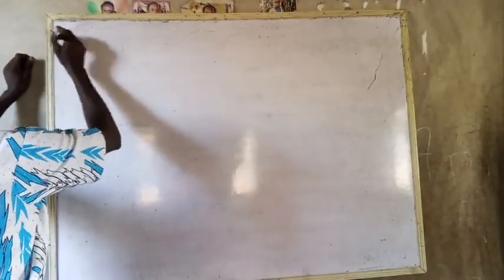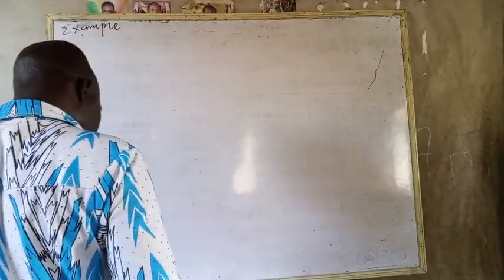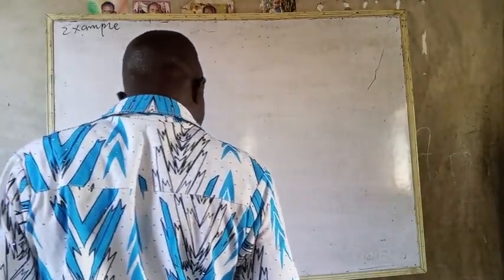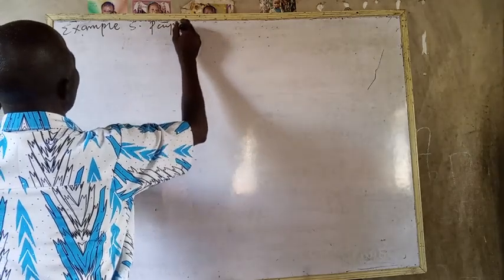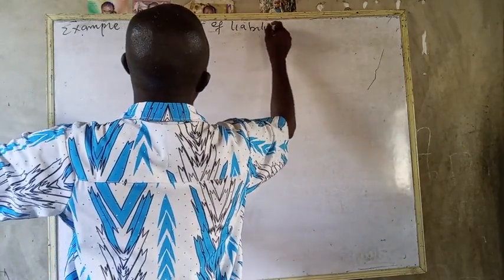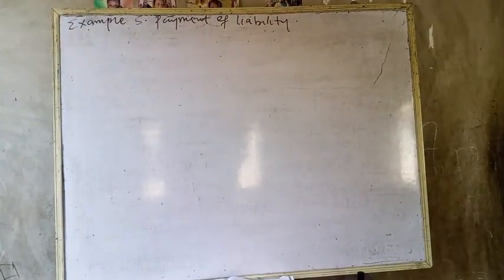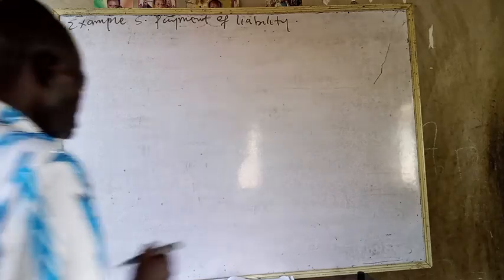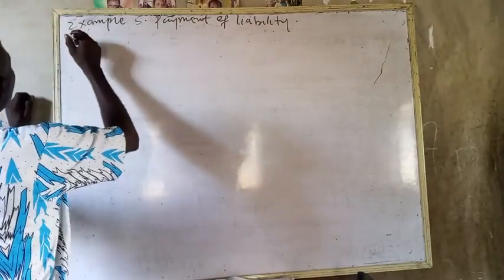Example 5. Payment of liability. Payment of liabilities. So the question, the example says, on